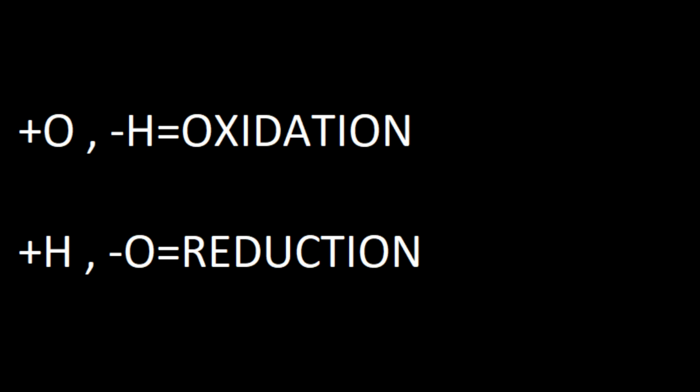What is plus O? Plus sign is easy to learn and it means the addition of oxygen, or addition of any electronegative ion. Oxidation does not mean that it is only addition of oxygen. What is oxygen? It is actually oxide ion. Or instead of oxide, maybe chloride, bromide, iodide, or nitride. That is also called oxidation.